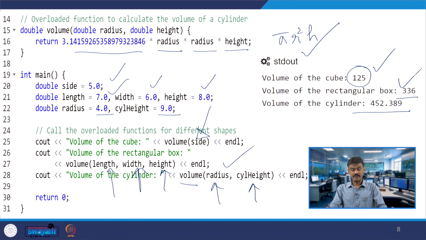So, that is the definition I had given. The number of arguments should be different, or the return type should be different, or the data type in the arguments should be different, okay. Then during compilation time it will be decided which function should be called, right. So, you call this compile time polymorphism. Now the theory is very clear and you have seen two different examples. You can practice with some other examples, okay.